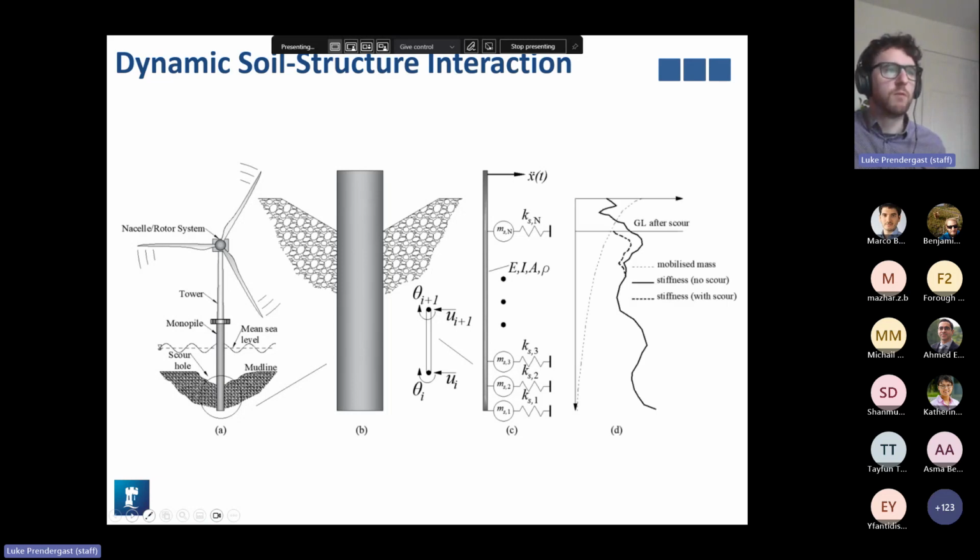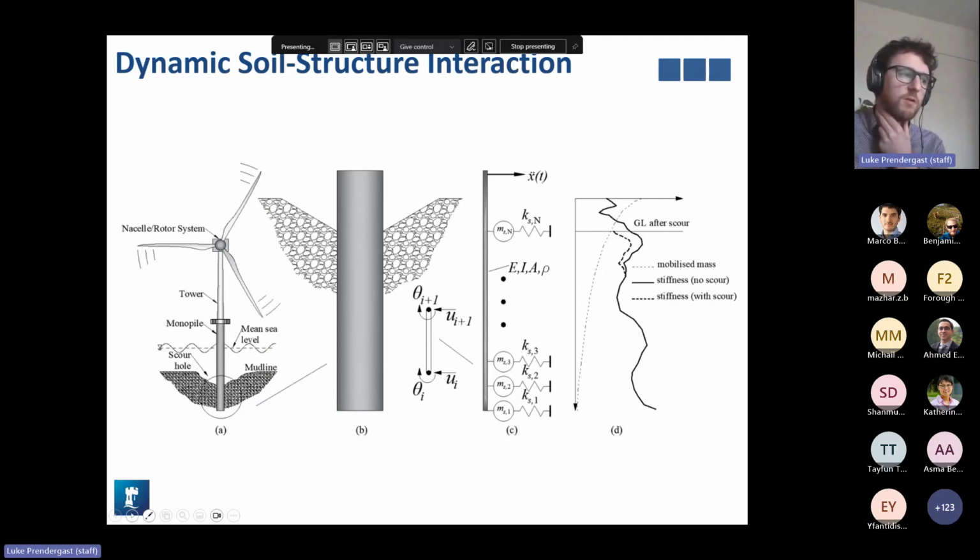Just to give you an indication of what I'll be talking about, if we were to inform the model using the stiffness of the ground informed from some data, for example, cone penetration test data, this is something that we need to be able to estimate accurately, and the inaccuracies in this can lead to certain issues.